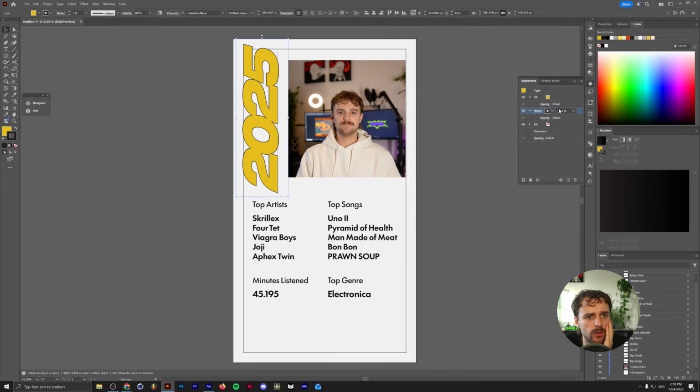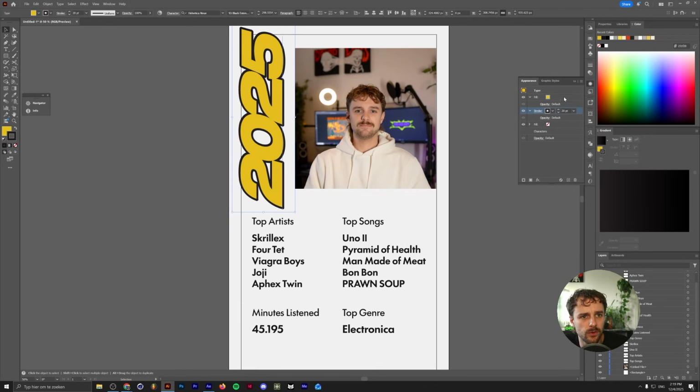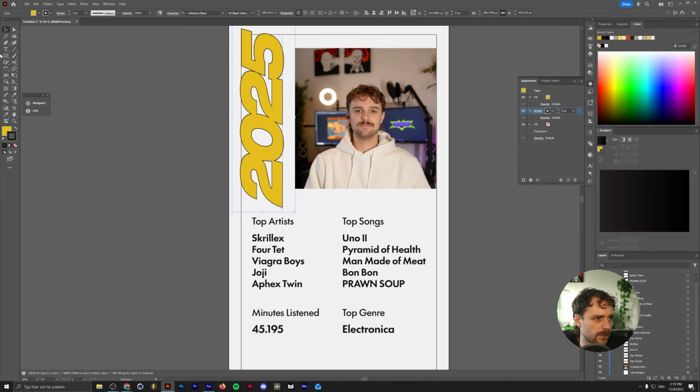And then the stroke, we're going to make that a little bit thicker, maybe 7 points. And we'll just make it rounded as well. So the cool part about this is if we make this bigger, the fill will always be in front of the stroke because we've done so here. We can also move this over if we want to, but this usually gets a weird effect where the letters start overlapping, and we don't really want that. So let's go back, and I think 5 is